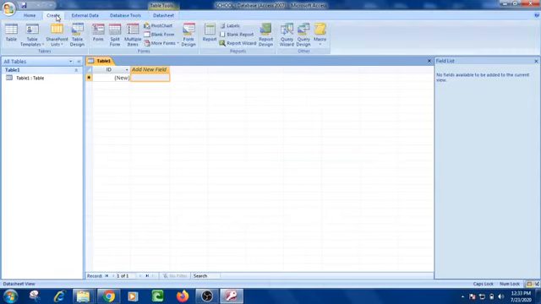So click on the Create tab. On clicking the Create tab, I will get the various objects of the database. First object is tables, then forms, then reports, then query, macro, and modules.